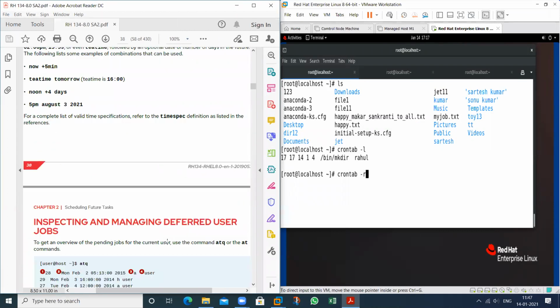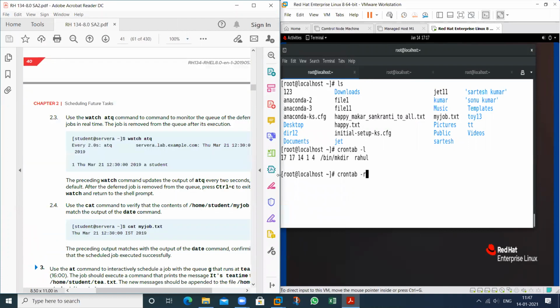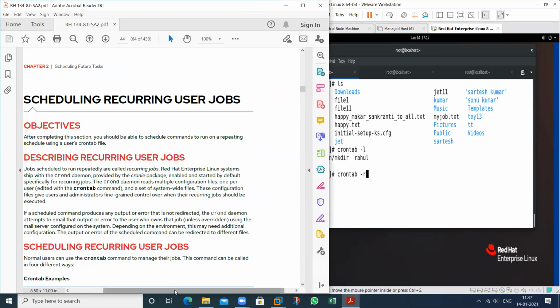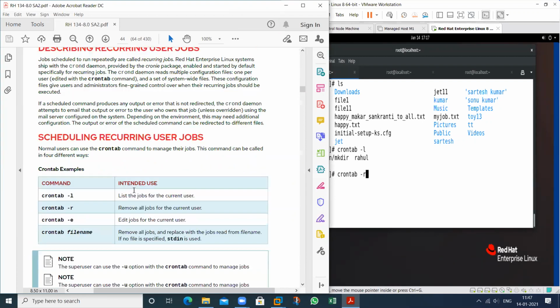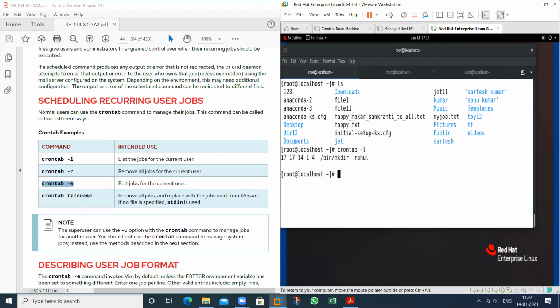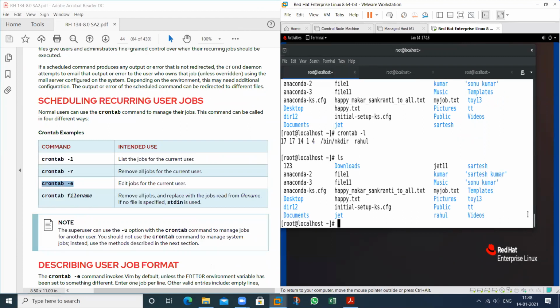This also will be completed. Then see. So I have completed this one. If you want to remove that one, you can also do this. This is the command to edit the job. So see, my task will be created or not. See this one. This directory will be created.